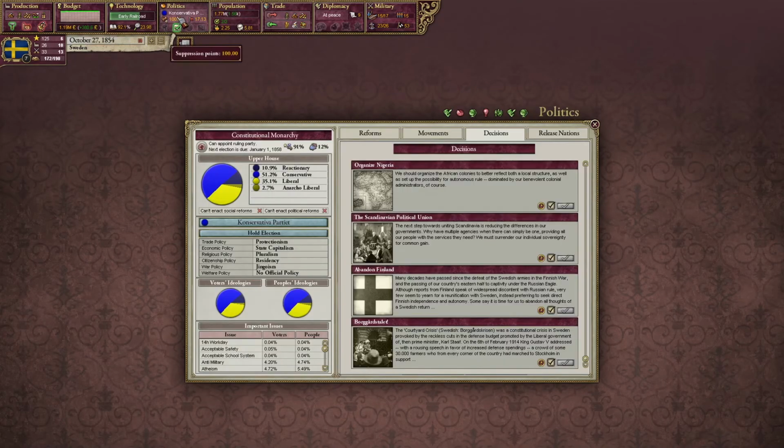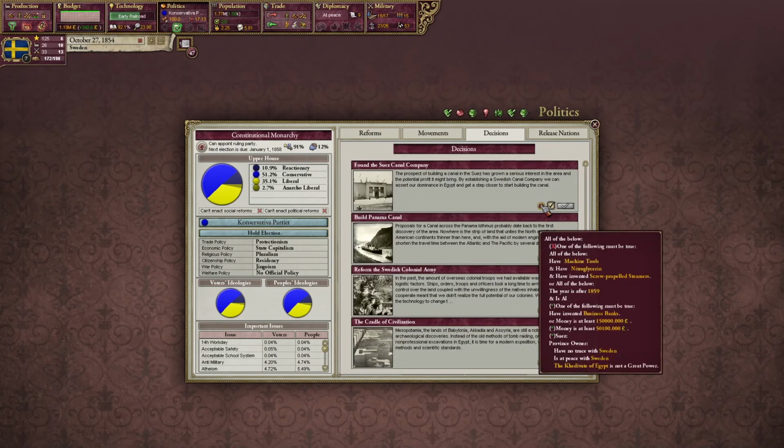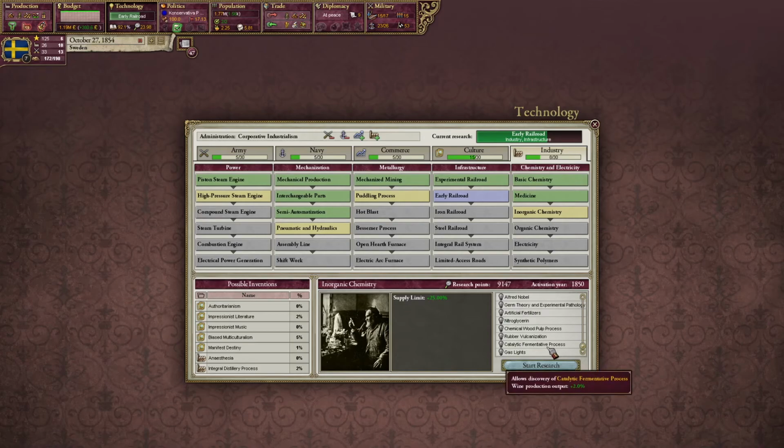Let's look over founding the Suez Canal. All of the following need to be true. We need machine tools, we need nitroglycerin, and we have to have invented screw-propelled steamers. Machine tools is an industry one. We already have that invented. Great. Nitroglycerin comes from here. So inorganic chemistry is something we need. And then finally,